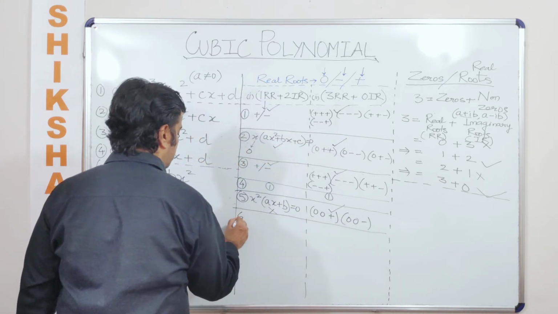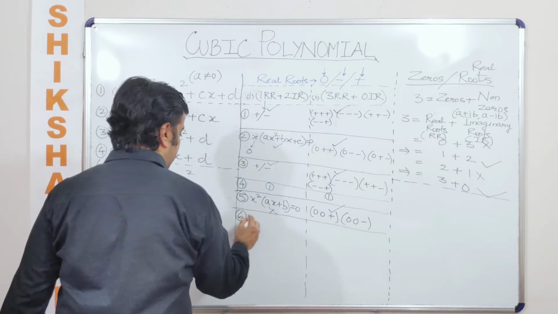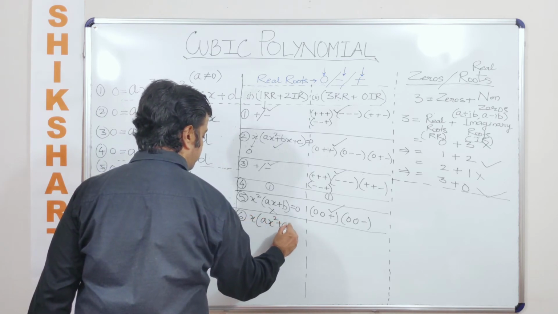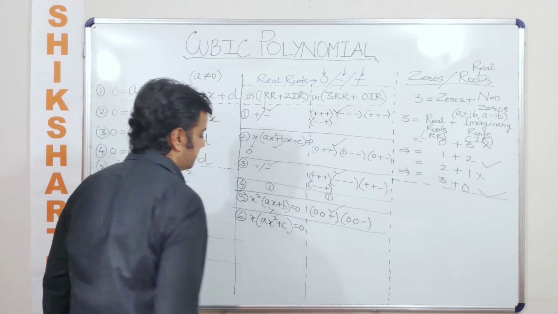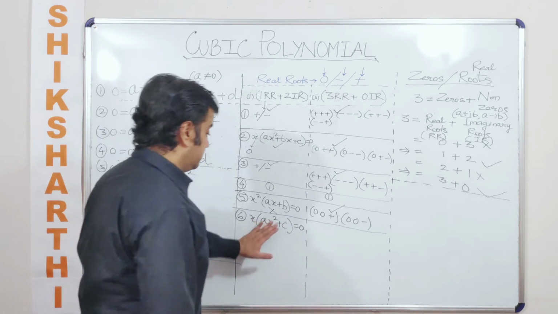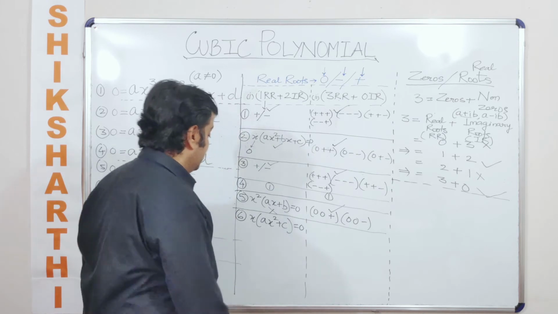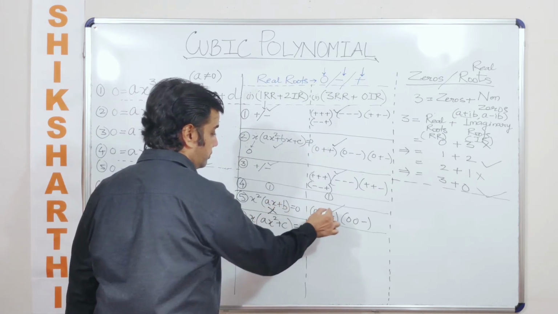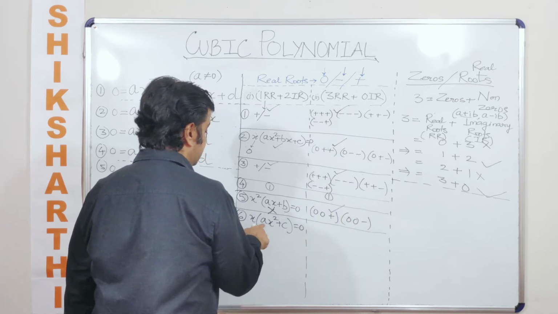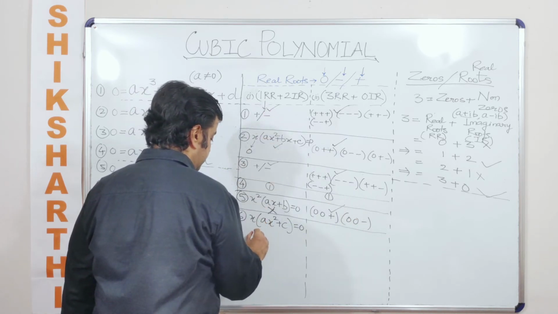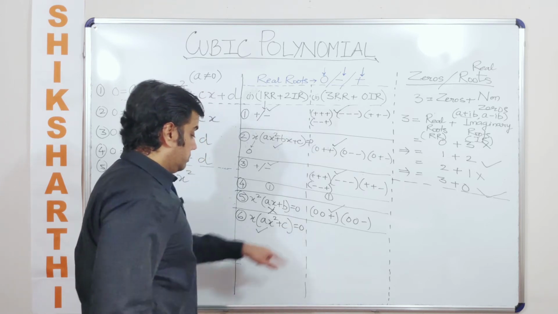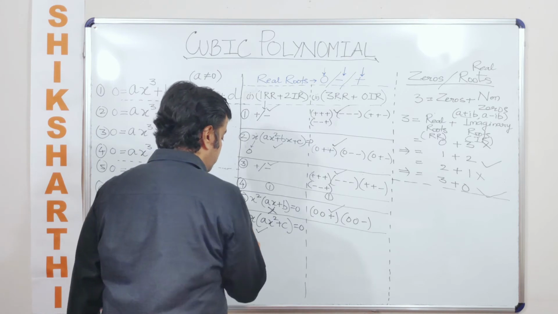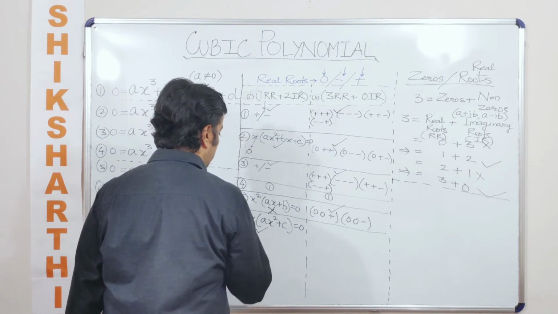Okay, talking about the 6th case. So this case can be written as x times (ax square plus c). Now this is a dicey case. This is a good one. Now why is this a good one? Here we had a no for this and a tick for this. So in this case, can I have 1 real root? Yes. Now this 1 real root will always exist, and that 1 real root will be 0. You cannot have any other root.